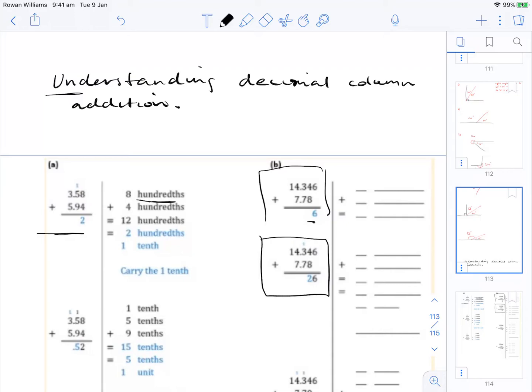And that goes for understanding column addition, multiplication, subtraction, anything that says understanding. You're telling me what they've done rather than showing me what they've done, and then you're telling me why they did it, basically. All right, so let's get started. Hopefully this helps a little bit to unpack it. All right, so the first thing that we need to know,